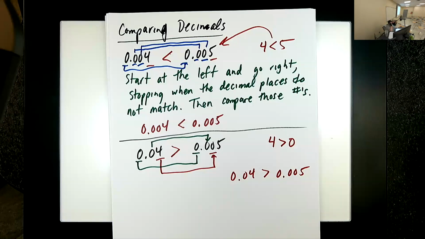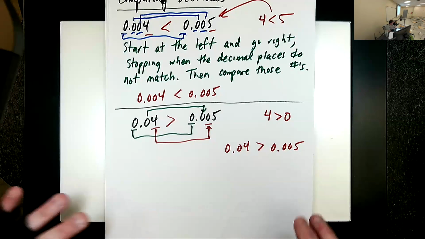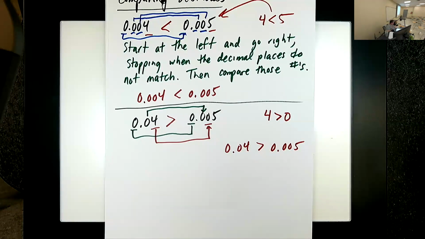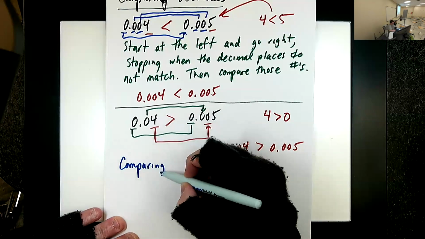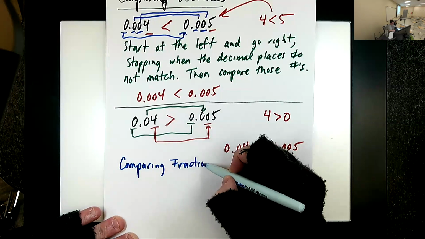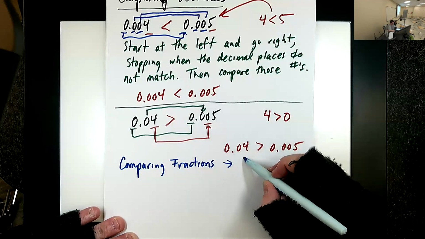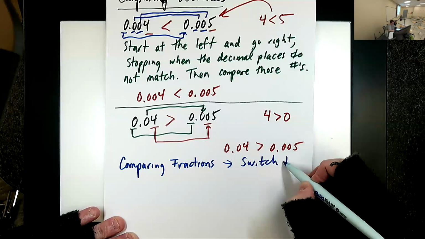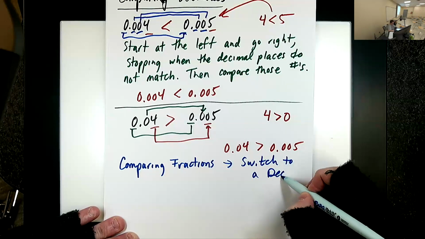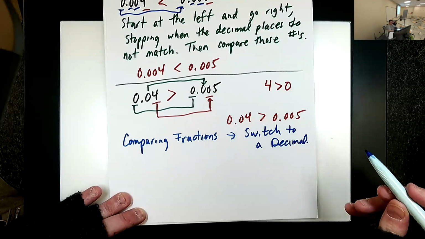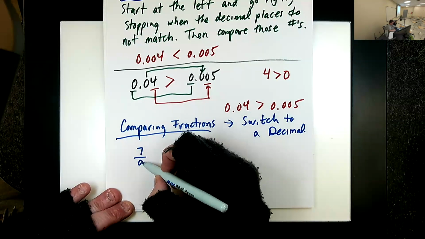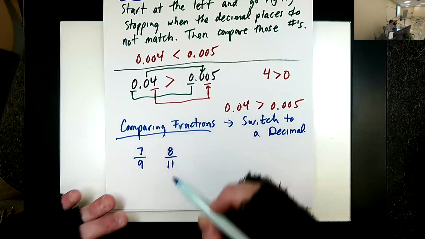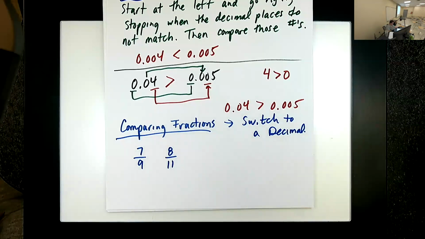Oh, hello. All right, something else that might pop up. How do I compare fractions? Switch to a decimal. So if I want to compare 7 over 9 and 8 over 11,